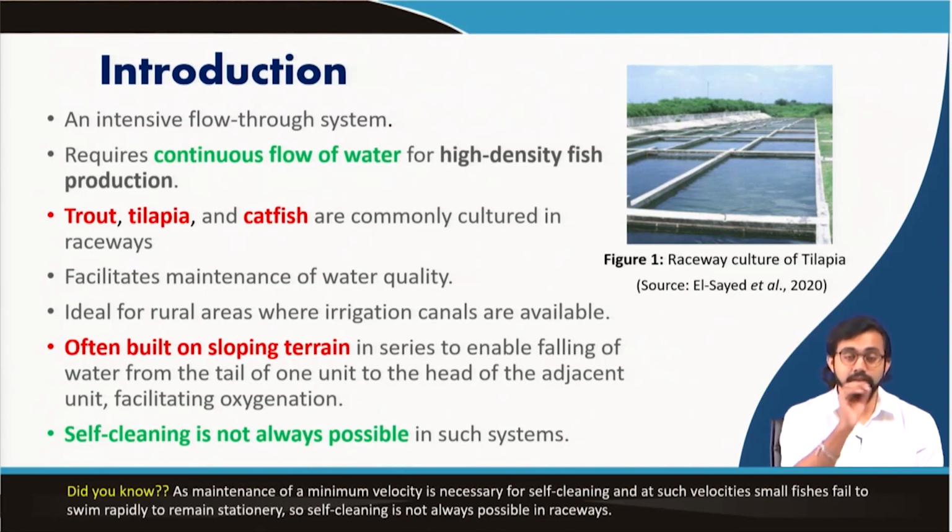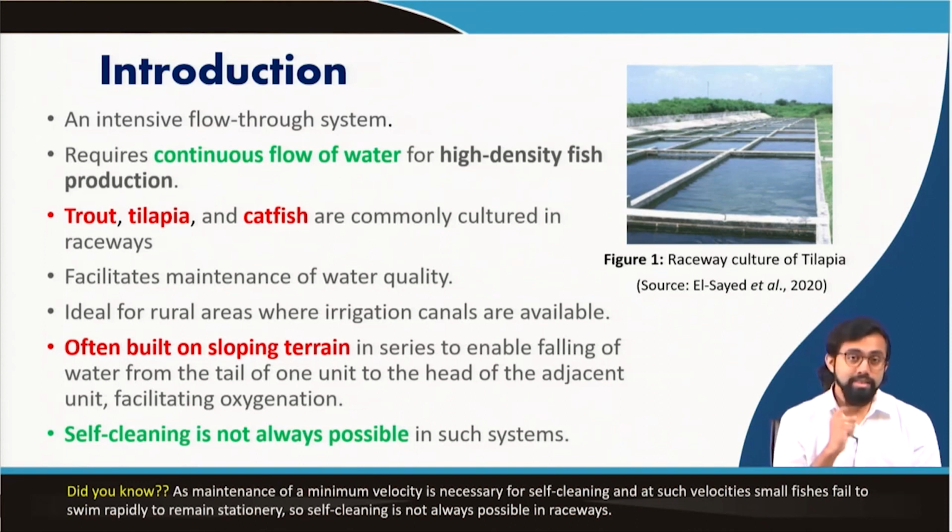the dissolved oxygen present in a raceway in general, and it will help all the aquatic species that are being cultured. Even if we go for a higher stocking density, they can easily survive in this kind of system. So, that is the major advantage of this kind of system, and these systems are majorly being utilized all over the world nowadays. It is considered one of the futuristic models of aquaculture practice,